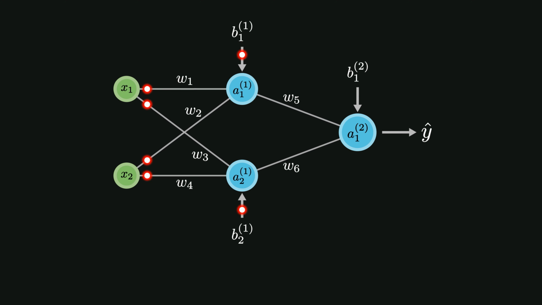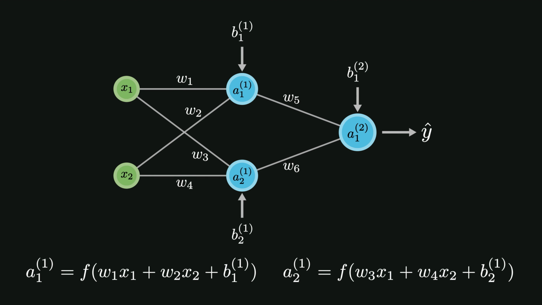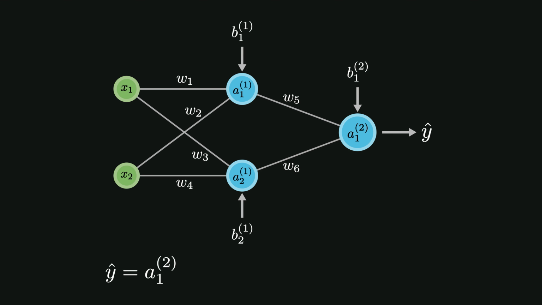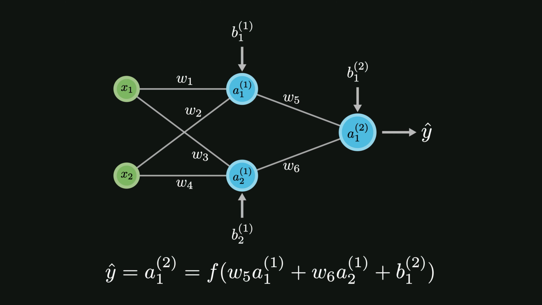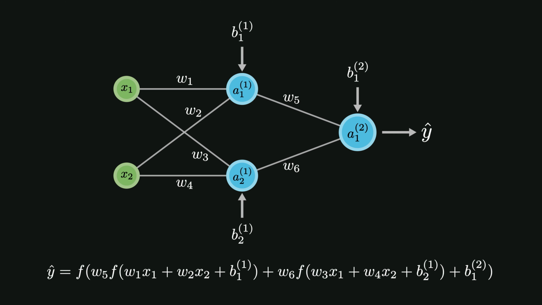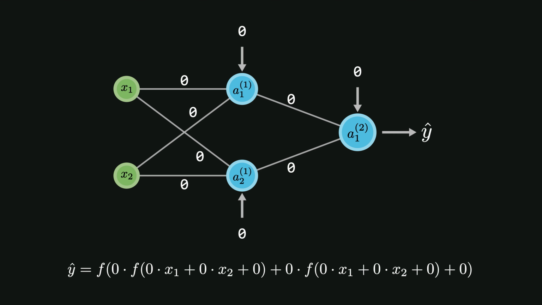So here we have a small example of a neural network where activations are calculated by taking the weighted sum of the inputs plus a bias and then passing that through an activation function. Similarly, the output activation is obtained by taking the weighted sum of activations from the previous layer, adding the bias term, and applying the activation function again. All of this is something we have already discussed in earlier videos, where we talked about how a neural network works. Now, if we set all the weights and biases to 0 and substitute them into the output equation, we will get f of 0,